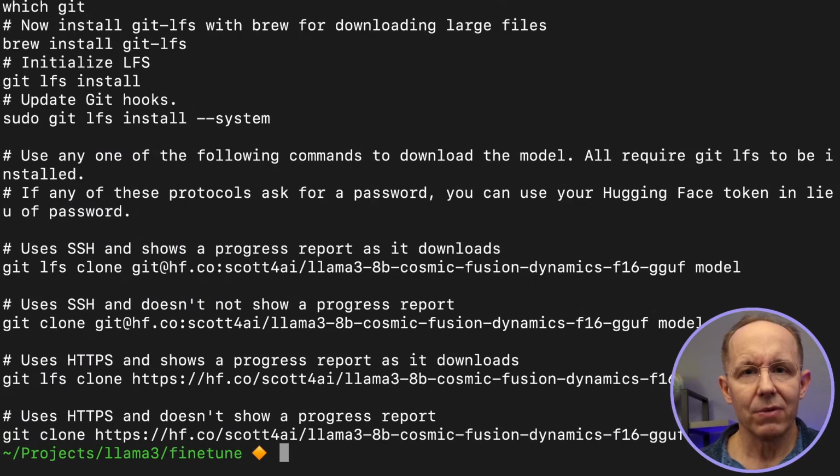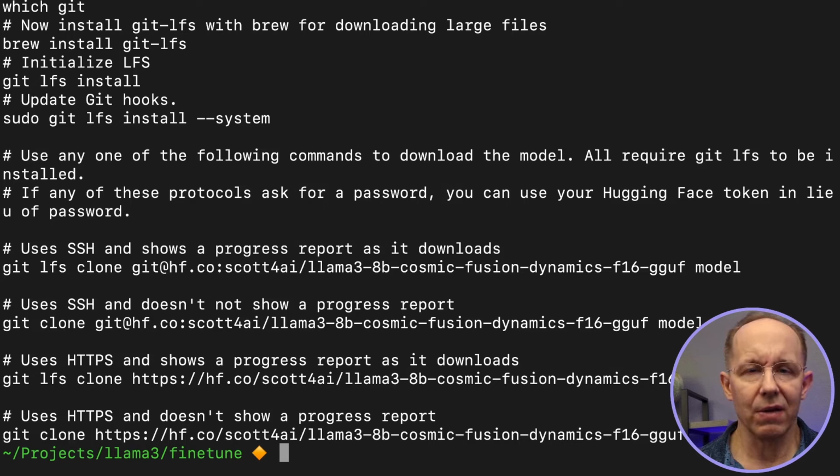The next step is to download the Hugging Face fine-tune model we saved there. The Hugging Face repo is a Git repo, and it contains our model, which is a very large file. Hugging Face stores pointers to those large files in the repo itself, and the actual file contents are stored on a separate remote server, which requires Git LFS to be installed in order to pull down those large files. If you don't have Git LFS installed, downloading the repo isn't going to work because you're only going to download pointers to the model and not the model itself. So follow the instructions to install it first.